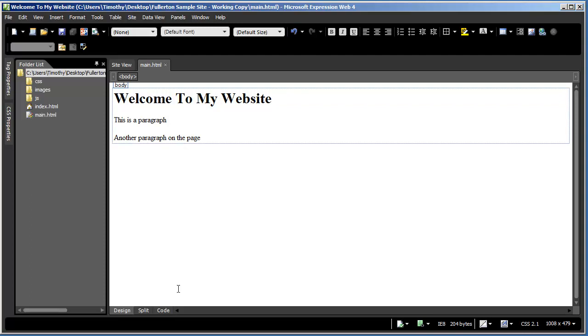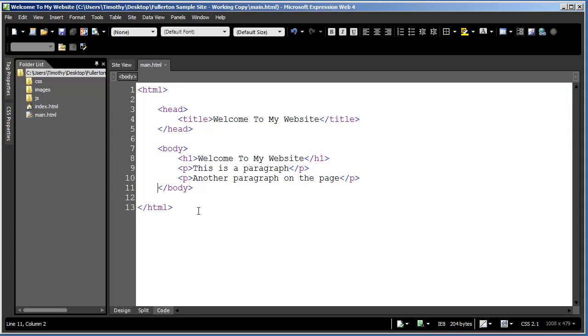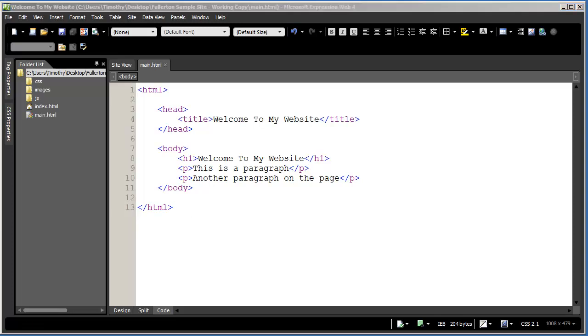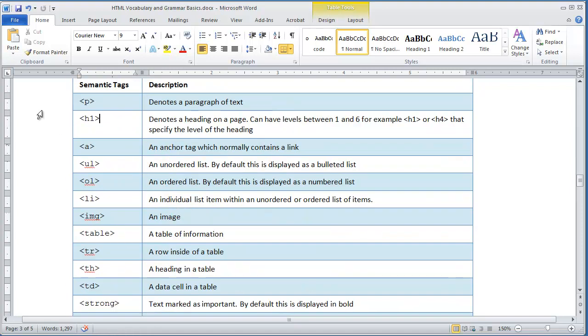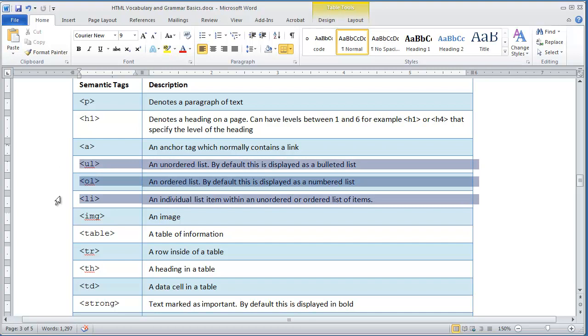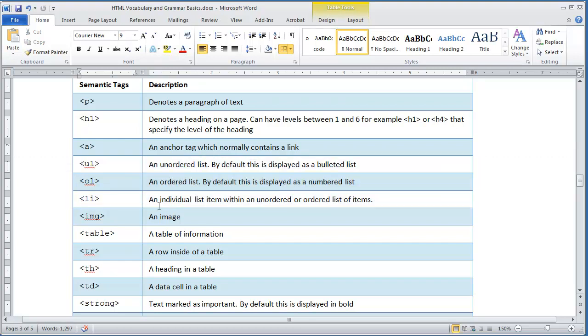Now, I'm going to come back in here to code view, and let's learn about a few more different types of semantic tags. We're going to come back to the structural tags in a little bit. But when we're looking at our different tag types here, a lot of these have to do with text. And there are three tags here, UL, OL, and LI, that have to do with organizing content